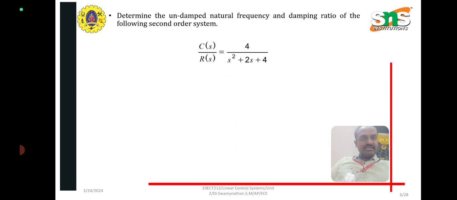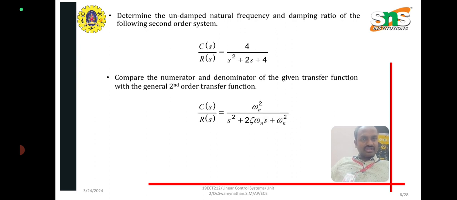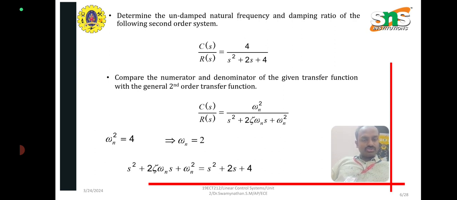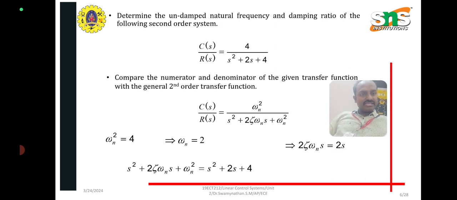Next, determine the undamped natural frequency and damping ratio from C(s) divided by R(s). For the given value, you can get omega n squared divided by s squared plus 2 sigma omega n s plus omega n squared. Compare the denominator and the numerator, then you get omega n squared equal to 4, and s squared plus 2s plus 4 is compared with the denominator of the system. So omega n is equal to 2. Substituting the value, 2 sigma omega n is equal to 2s. Next, sigma omega n is equal to 1, because omega n is equal to 2,